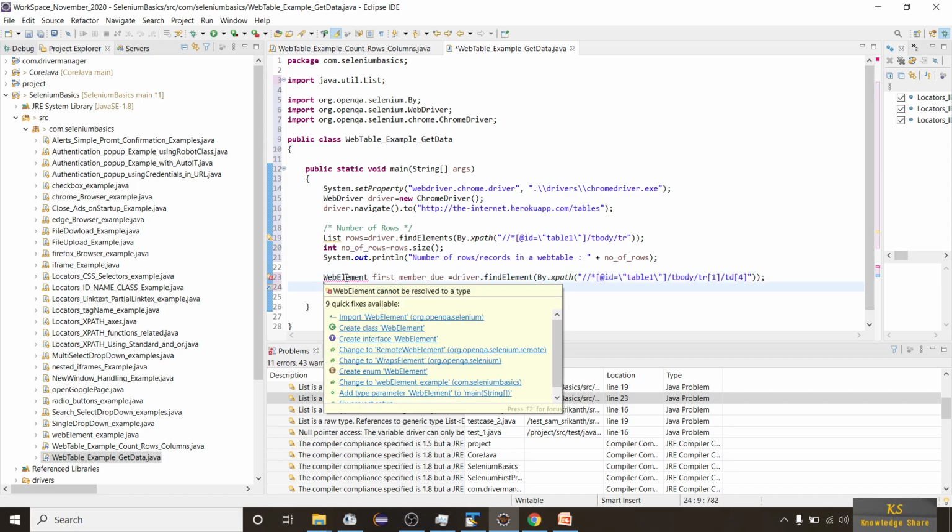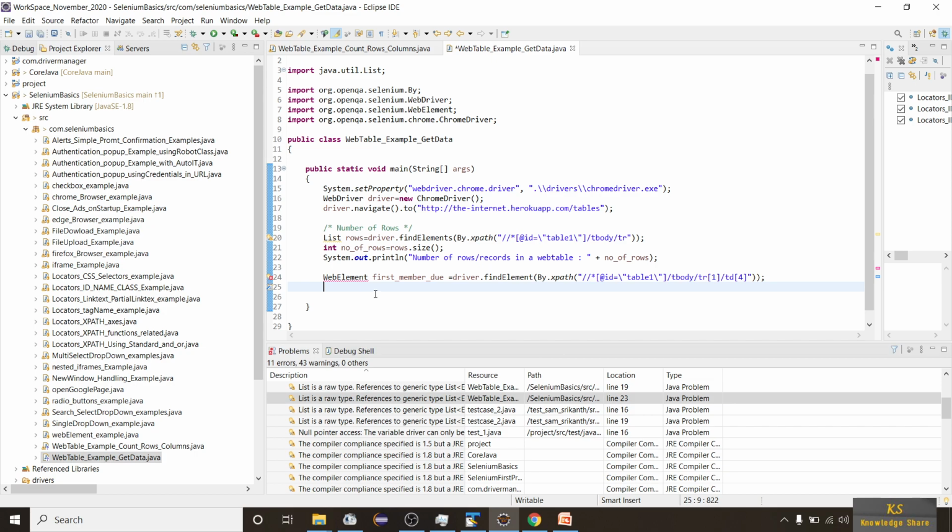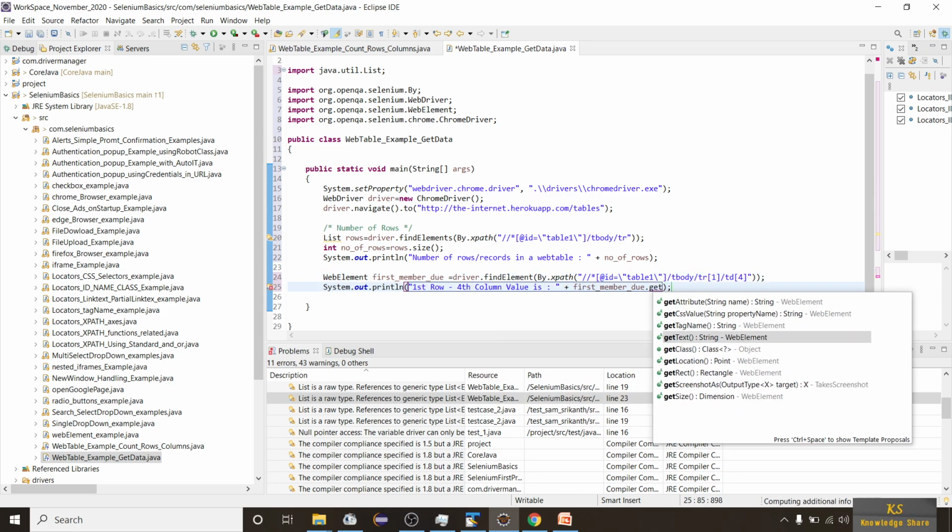Import this web element from OpenQA, and from this value let's simply print it in system.out.println. I'll write first row fourth column value is, and I'll give this value here and dot get text.